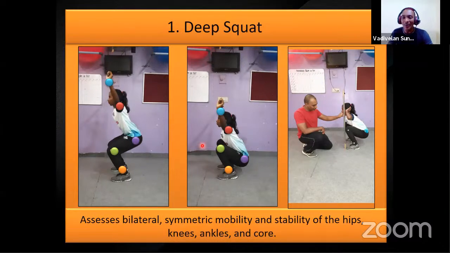So how can I score? For the screening activity, if this action is not able to be performed because of pain, it is scored 0. If it is not able to be completed, it is 1. If they complete it with a compensation, maybe 2. If they do a perfect squat, they score 3.